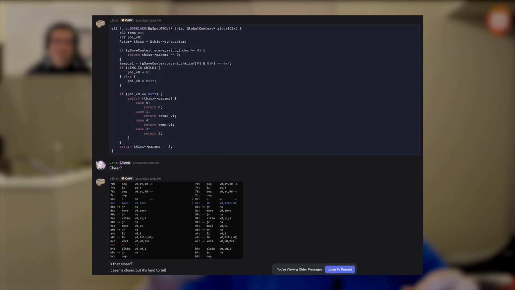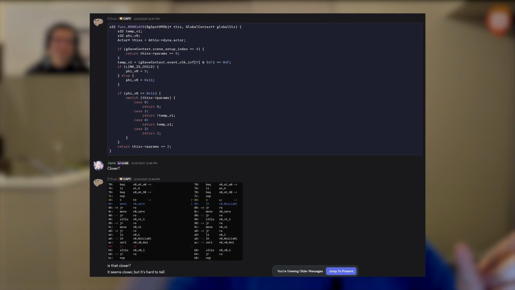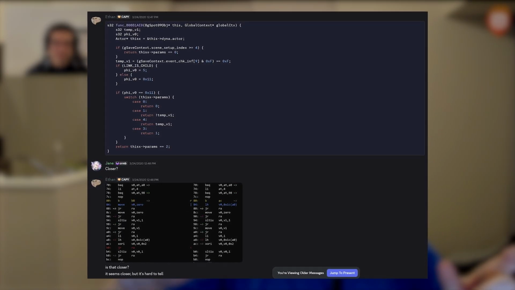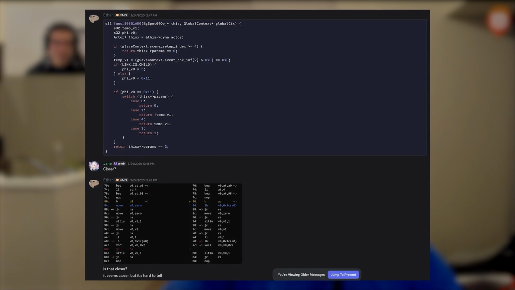Sure. decomp.me is a huge project that I would say I kicked off, but I am by no means responsible for all of its success. Maybe a small portion. Let me rewind. Historically, the way that people would ask for help with decomp would be to send screenshots of an assembly diffing program and a screenshot or snippet of your C code and then post in Discord, any ideas? And then someone would say,